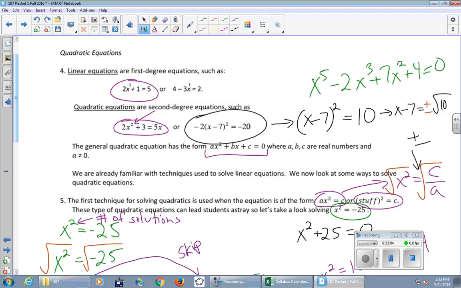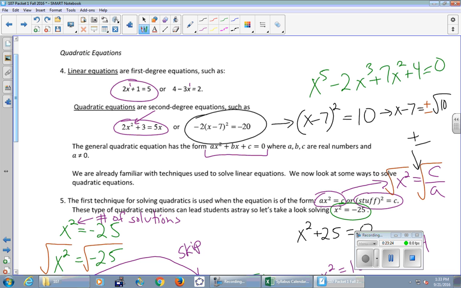So anytime I've got a lot of stuff squared equaling a number, this is the magic technique, but know ahead of time: 2 solutions. Honestly, most of us are not going to remember to put in plus or minus, but I'm hoping that we remember 2 solutions. Look at that power. That's how many we expect to see.